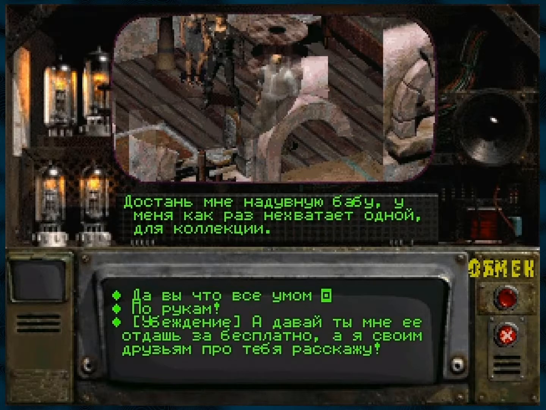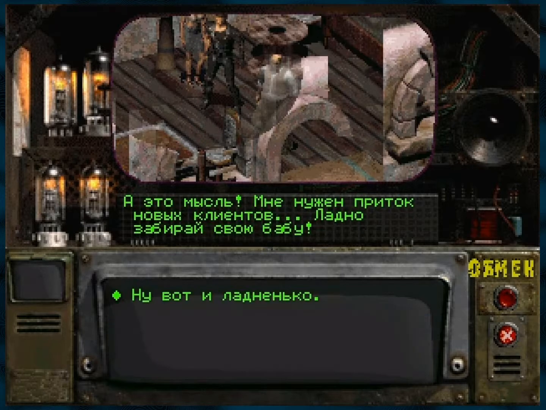Well, it says persuasion in brackets, so it's like using your super persuasion skills. Yep. I'm betting that didn't work. Actually, it did. I did put points into talking, so... He says, now that's a thought. I need an influx of new clients. All right, fine, get your woman.